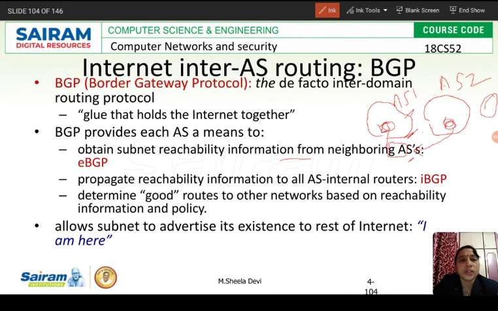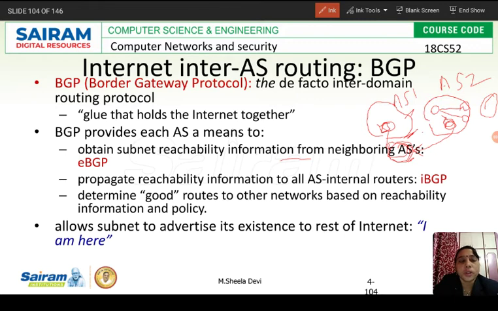Once BGP gets the information to reach this subnetwork, it will propagate that information to all the routers within the autonomous system.